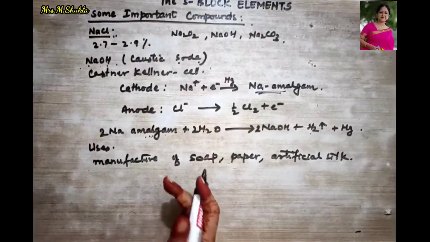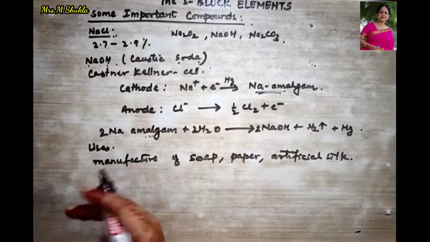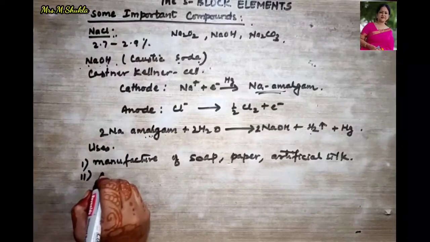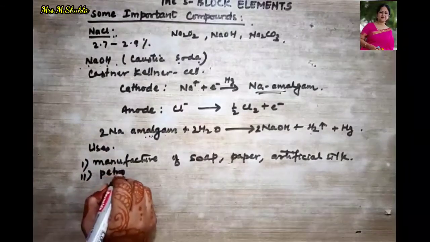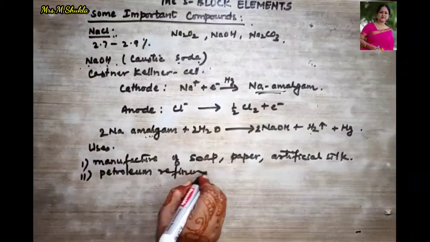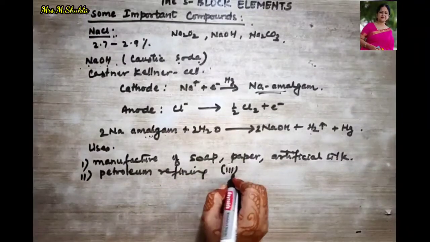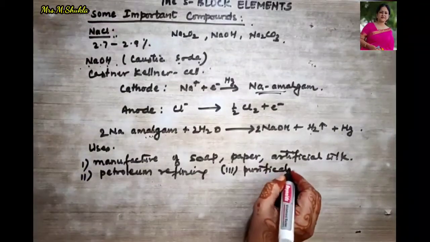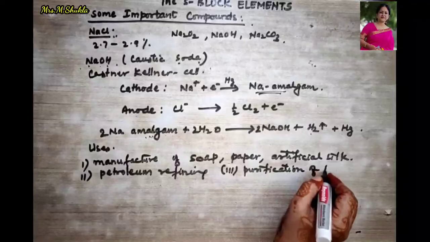Then it is used in petroleum refining. Then in the purification of bauxite, it is used. Okay, let me write down. In petroleum refining, then it is also used for the purification of